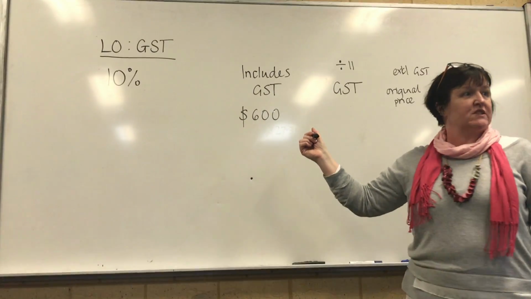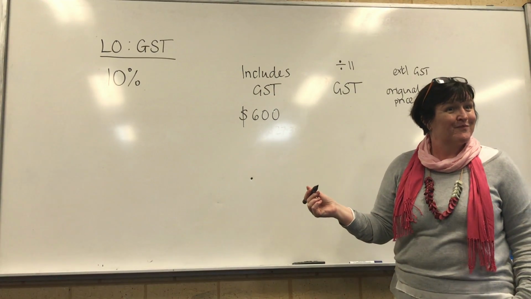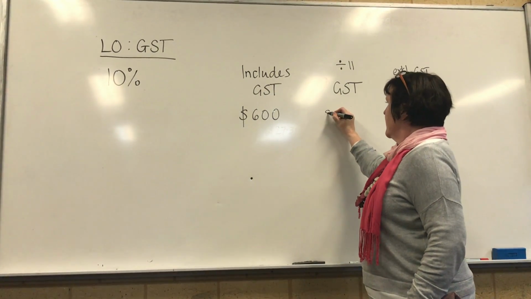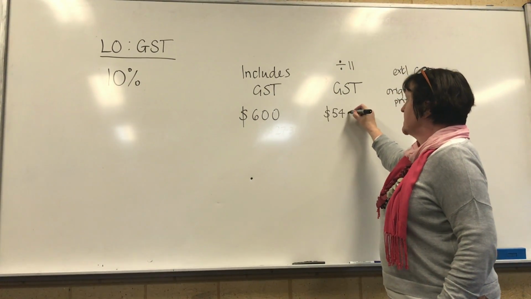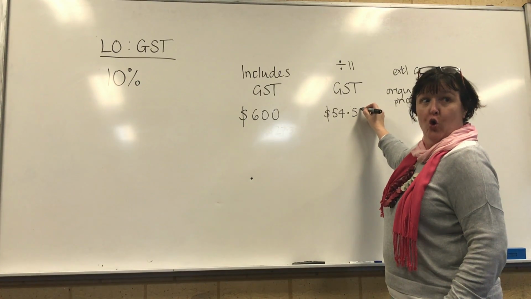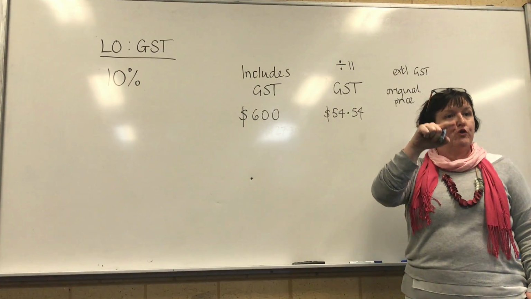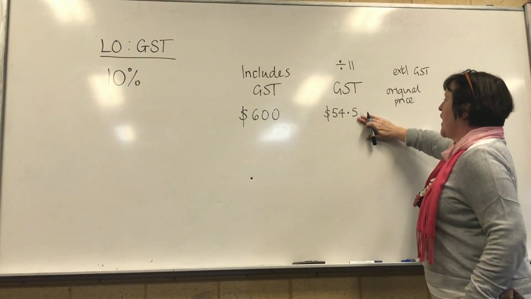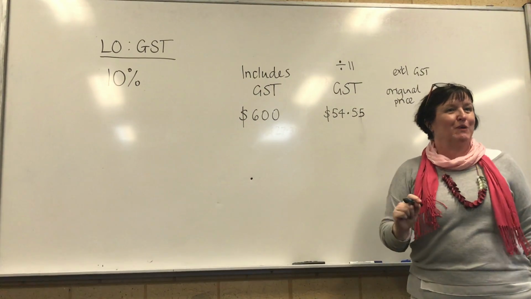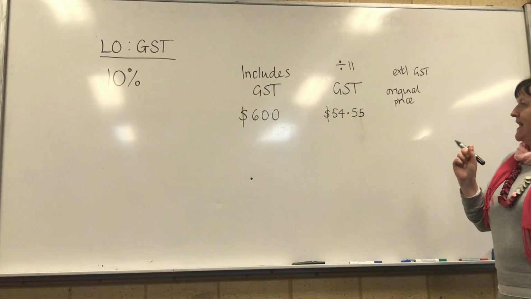So what's 600 divided by 11? 54.54. 54.54. Okay, lovely. Does it go 54, 54, 54? So it's 55 then. We round it, don't we, to 2 decimal places. Okay? Now then,